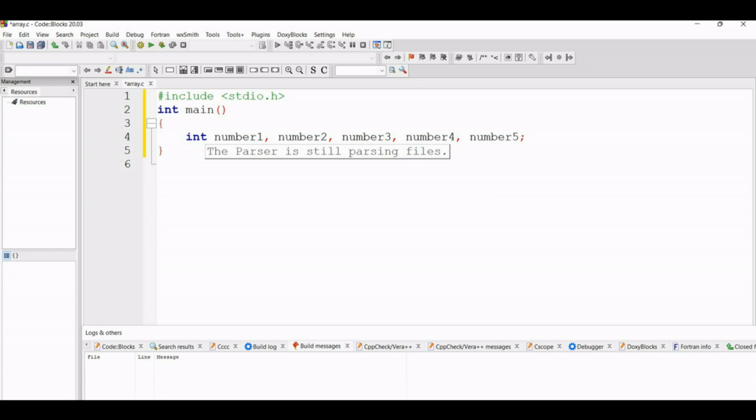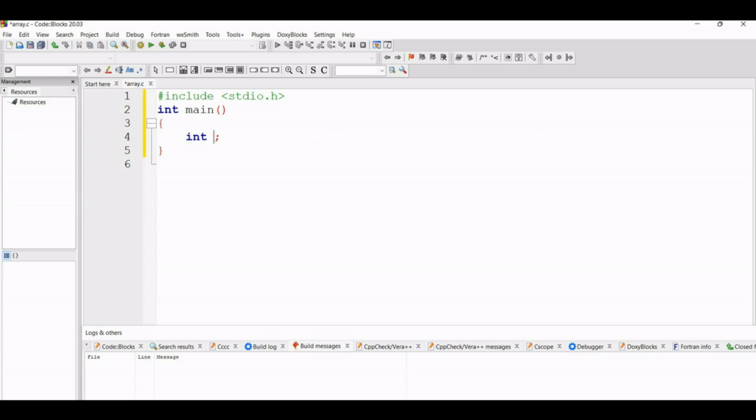If I just want to store 5 numbers inside these 5 variable names, it is possible, because 5 is a very small number. But if I want to store the marks of 100 students, it is not possible to write the names of 100 variables. So at that time we should use the concept of array. So here I will make one array of these 5 variables and then store the values.